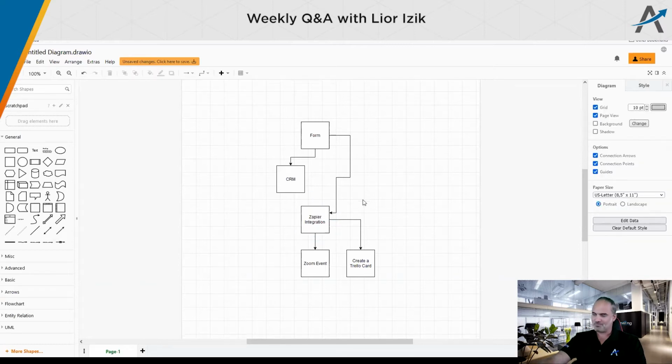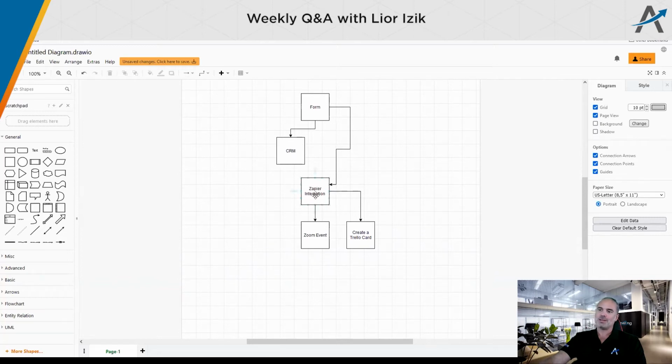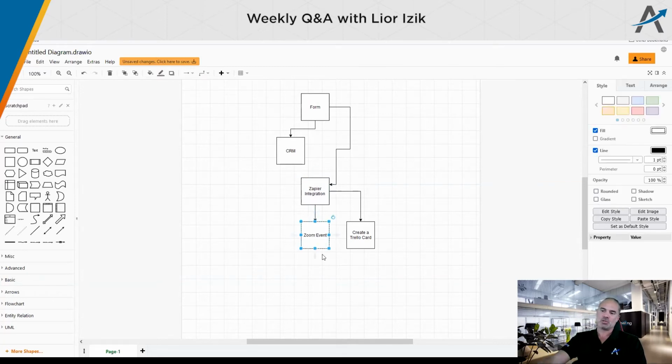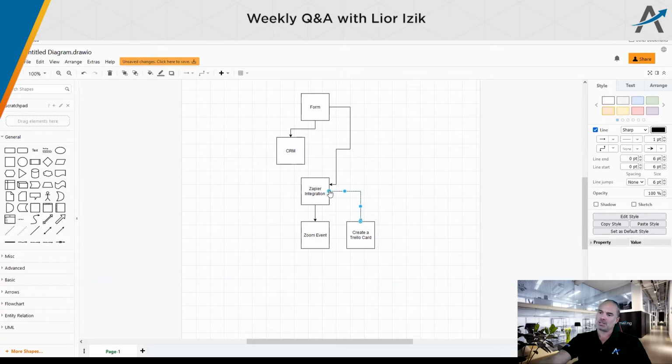Yep. We'll create the Zap. Once you have the Zap, the Zap can have multiple applications, one after the other. The first application will be the Zoom. Once it finishes creating the Zoom, it will create the Trello. So that will look something more like that.